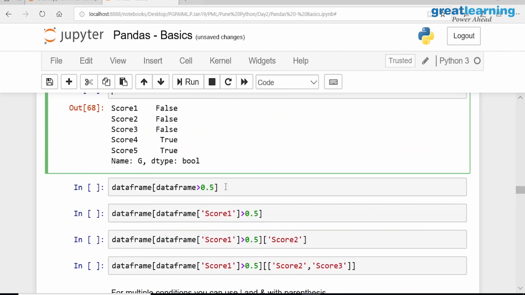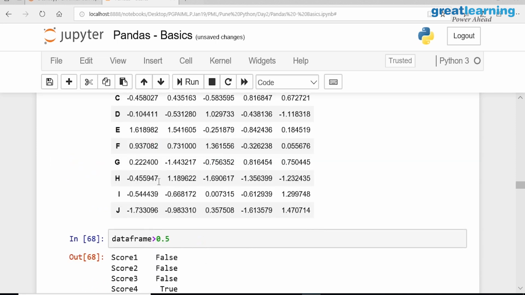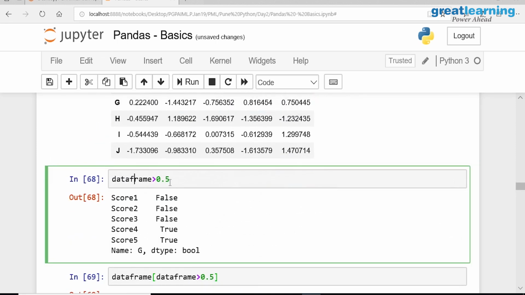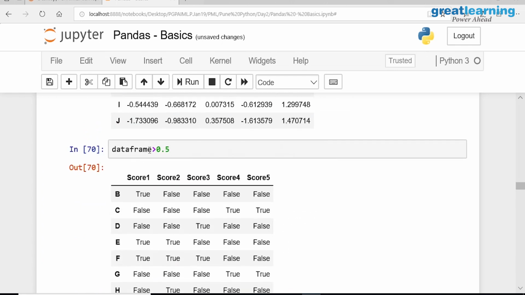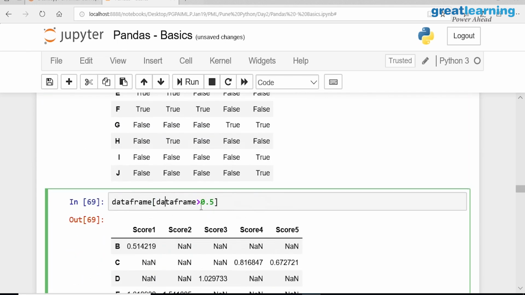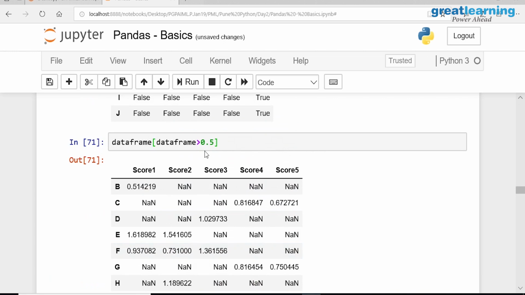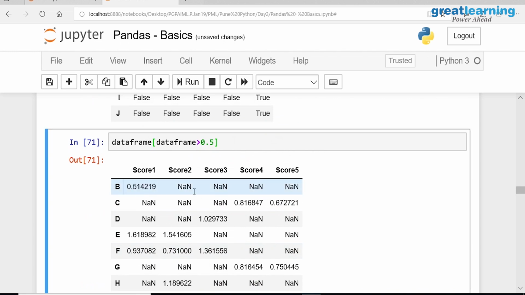But if I say this, within the values, what is the difference between this and this? This is on the entire data frame. I am saying go and compare every value and tell me whether it is true or false. But here I am telling it, in this data frame, get me the values like this. Have you seen the difference now? It tries to compare and get me that exact value, and if it is not true, then I will get a NaN.